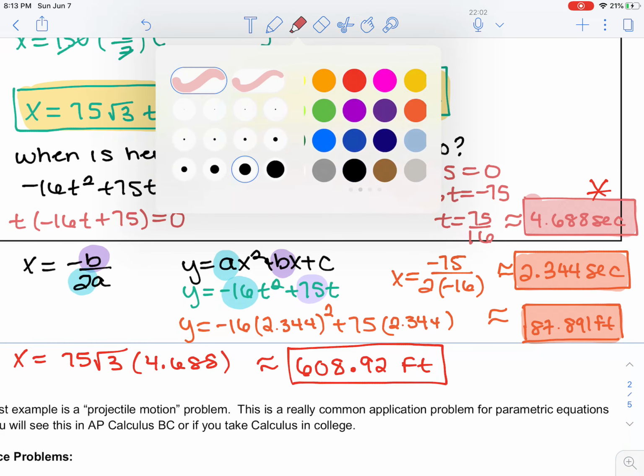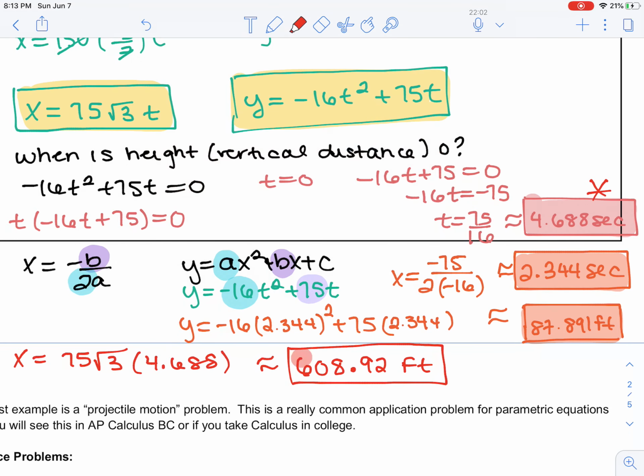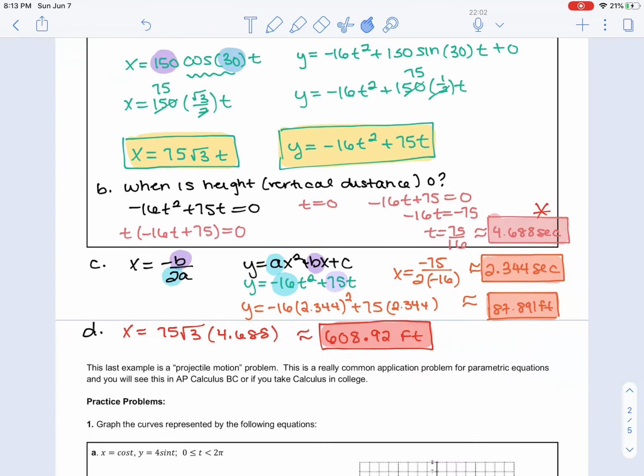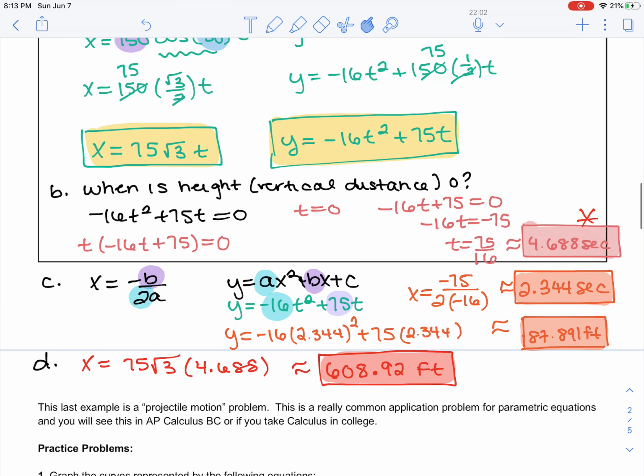Okay, I apologize about how crammed that got, but hopefully you were able to follow along. It might be worth pausing, rewinding, watching bits and pieces of this video, but there is a practice problem involving projectile motion for you to try after a little bit of graphing. And there'll be an answer key as well as videos going over those practice problems posted